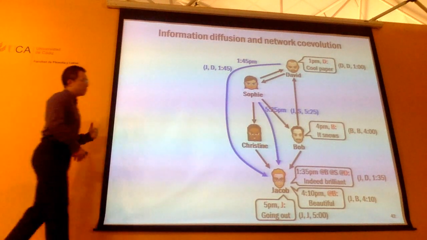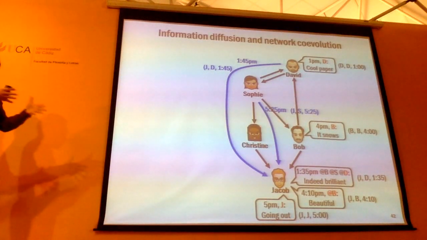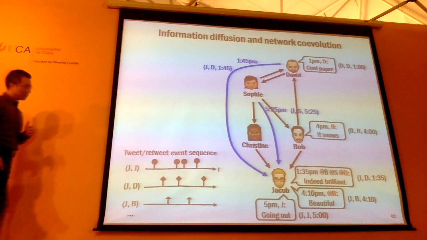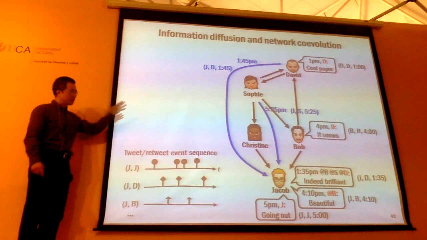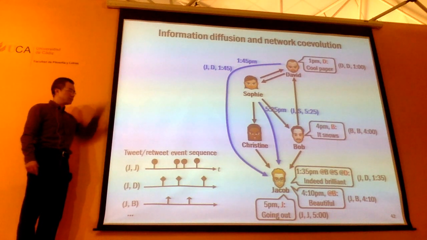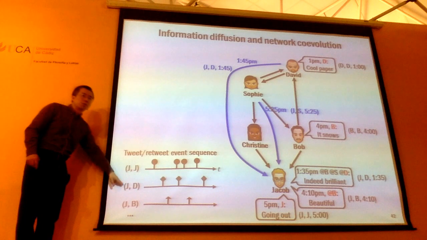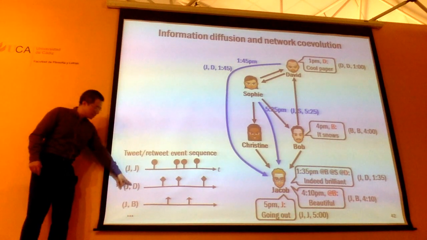So now you have more things to keep track of. You need more counting processes to denote these events. So essentially, if you think about these retweets, just forget about the link creation for a moment. Just look at the retweets. Essentially, you will create a point process for each one of these sources.